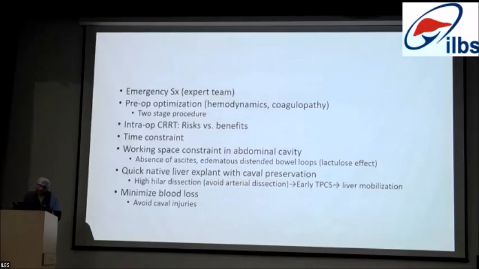After opening the abdomen, we do not manipulate the liver much. Only after hilar dissection and formation of the shunt do we mobilize the liver. First, we mobilize the caudate from the cava, and then the rest of the liver from the diaphragmatic attachments. Especially when mobilizing the caudate, sometimes even in normal livers there is a complete caudate wrap around the IVC. Because tissues are inflamed, the planes are not good and the chances of caval injury are very high. So you try to perform it meticulously, because any hemodynamic instability will lead to worsening of the brain damage.